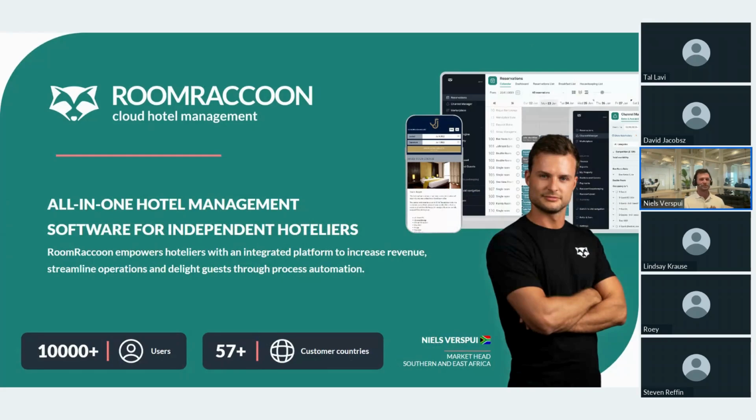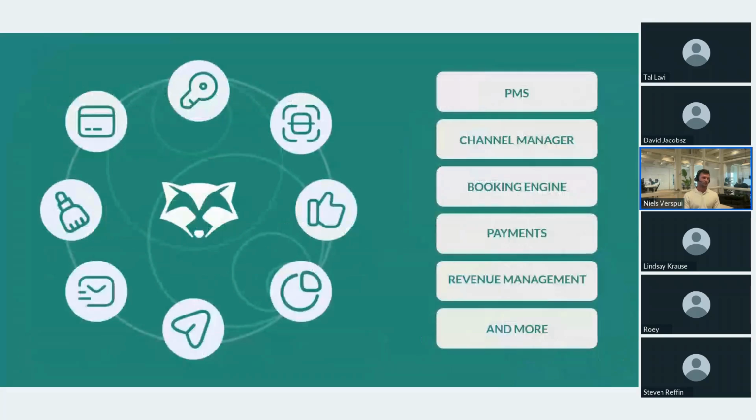So what RoomRaccoon does, we are the only true all-in-one hotel management system. In the past, it was generally older server-based systems, and then cloud solutions came in. And what you saw with different hotels years ago is that they were always using a separate property management system, and then they were adding a channel manager and booking engine on top. This is a product that RoomRaccoon has created all in one. So when you go for RoomRaccoon, we provide your entire operational system to manage your property in the most efficient way. And I'm going to focus on the 4 points that will really assist you because of being all in one.